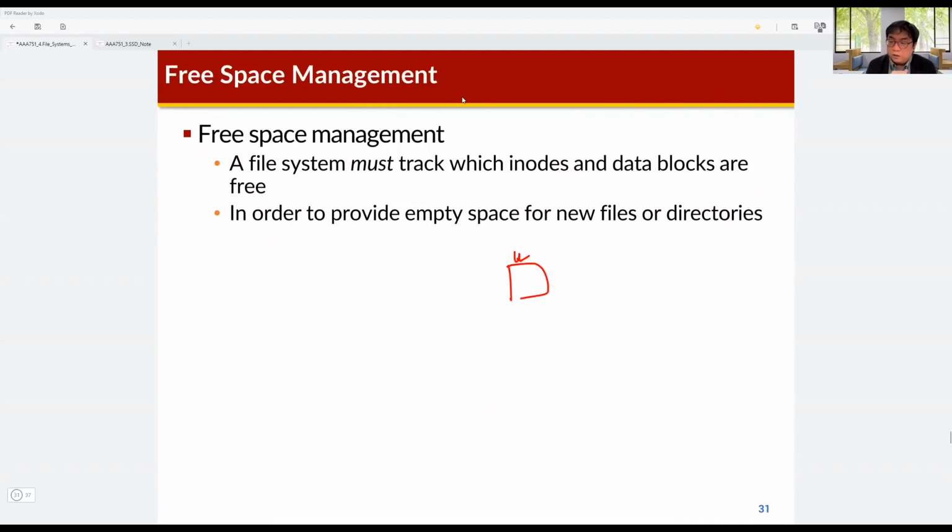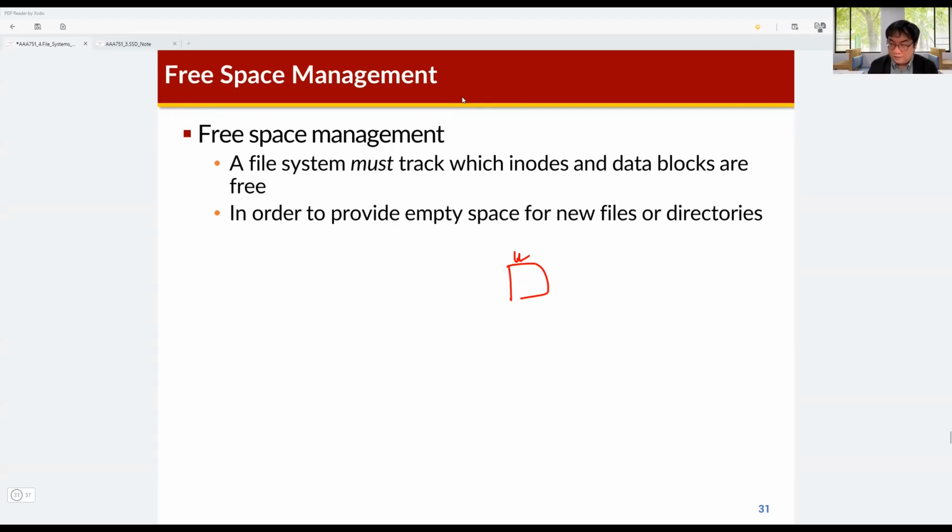So this time we learned about the file system of the Unix-like operating system. This file system is widely used as a basis for many different file systems. There are many different file systems, but Unix-like file systems are frequently used as the basis for others. For this Unix-like file system, we use the index structure called inode, the index node, and based on this index node, the data blocks of the file